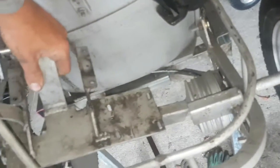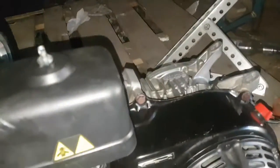Getting ready for engine mount, so I've taken all this stuff out. This was its engine mount setup and jack shaft setup, which is gone. So everything's been chopped out the back here, starting fresh. All the existing mounts, all the bracing for the back of the cart, and I've cleaned up the motor a fair bit, took out the governor, and I'm just going to set up the